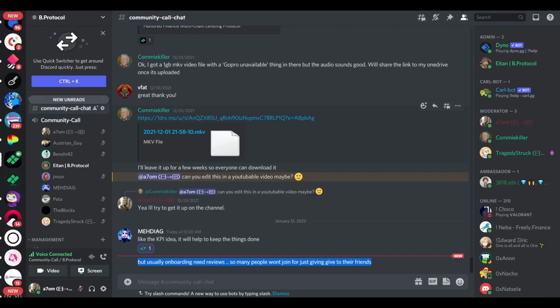I think currently the main thing is to bring more people in. Once we get a problem of people just joining in to get give without contributing anything, once we have this problem, we can find a solution for it. But currently, I think it's not a problem that we see, and we don't need to debug it. At this stage, it's better to keep the barriers as low as possible.